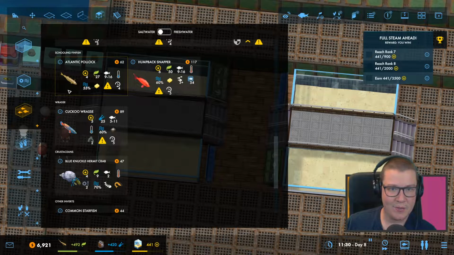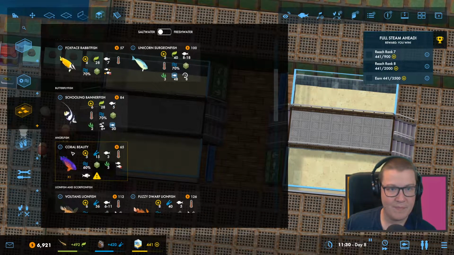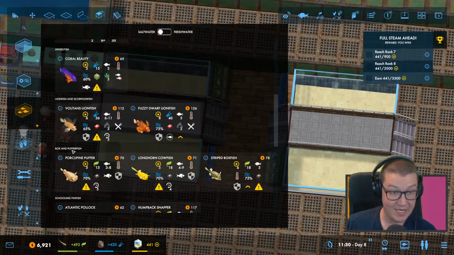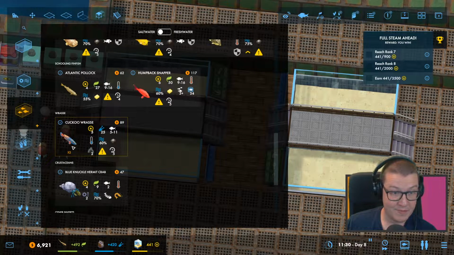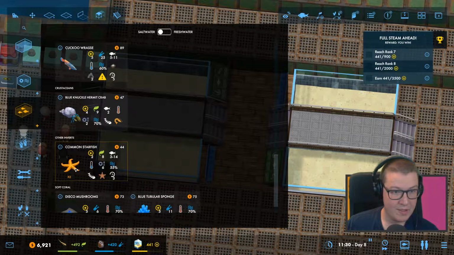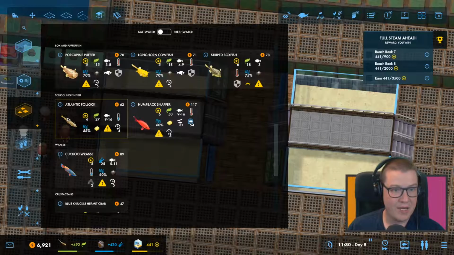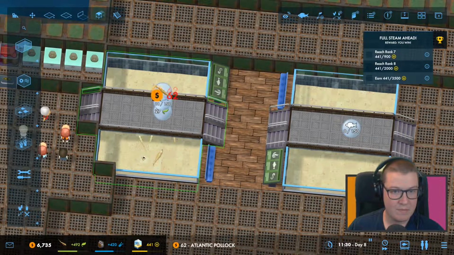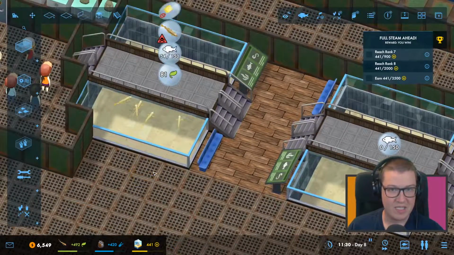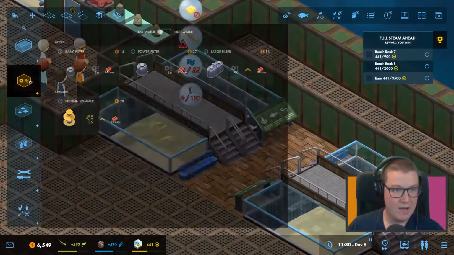And they're cold water. So what else have we got cold water that we could put in with them? Not much. Not much, actually. It is just the pollock. Oh, there we go, the cuckoo wrasse. We've got some of those already, but they're cold water. And the starfish. So we must have cuckoo wrasse and starfish in one already then. But that's fine. Atlantic pollock. Got 6 fish in there. There's loads of space for them. Okay. And then also...